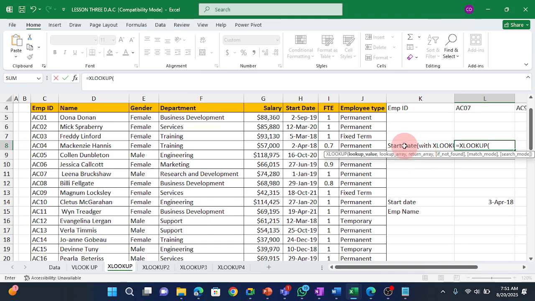I want to return start dates, and it is this column that has my start date. So this is my return array. Then I have if not found, which is not compulsory. You can write without putting it, but I always suggest you put it if you are working with a very large data set. If not found is what you want it to show you if the value is not there. So instead of writing and closing and coming to write another one, you can put it at a